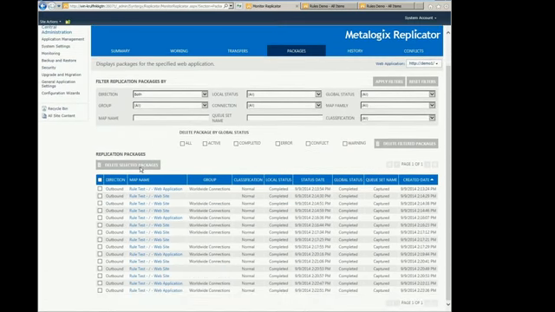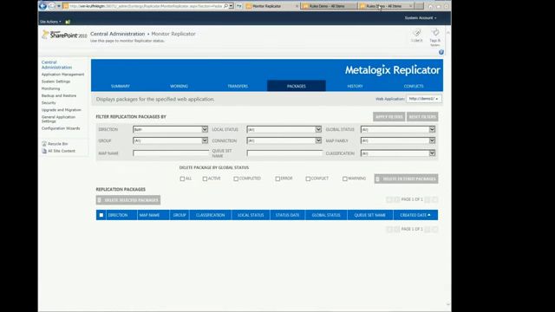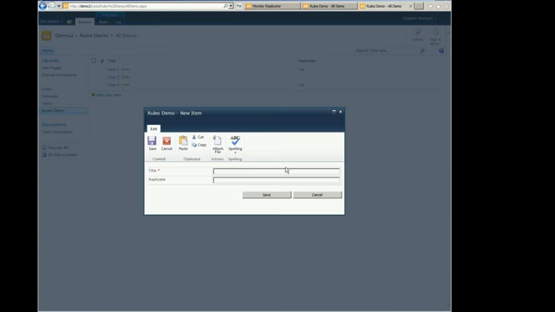Okay, so those are all done. What I'll do is I'll clear this packages list because then it will make it a bit easier to see what's about to happen. Okay, so if I now add an item, test 9, and leave that blank,